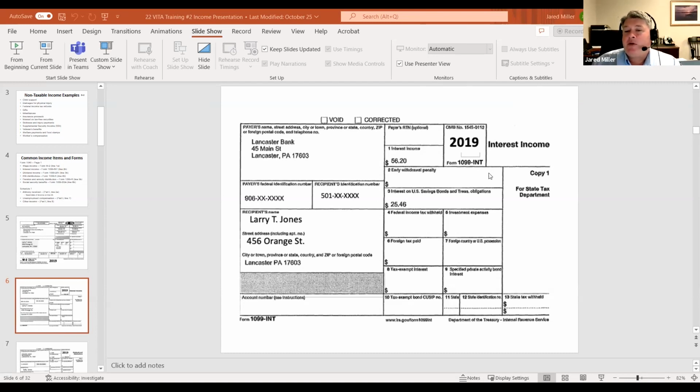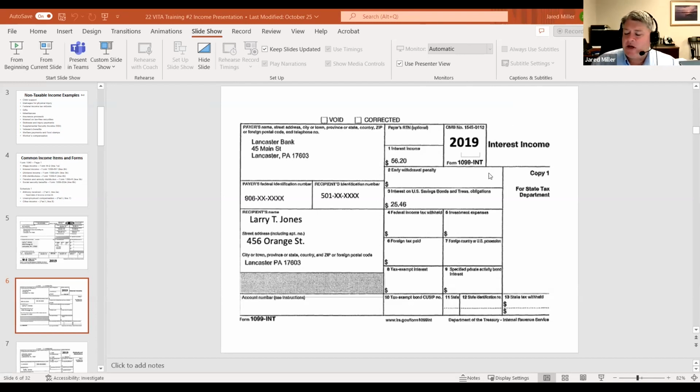But typically, we're going to be looking for their tax documents. Anything that has a 10, a 0, and a 9 in it, we probably need to go ahead and make sure that's entered somewhere on the return. The 1099 series information and the W-2 information is all shared with the government. So the U.S. government is going to know exactly how much was reported to the taxpayer for their salary, wages, interest or dividends, sale proceeds, Social Security, and retirement benefits. So we want to be sure that we have that information reported on the tax return.